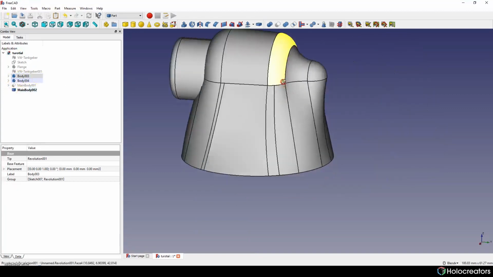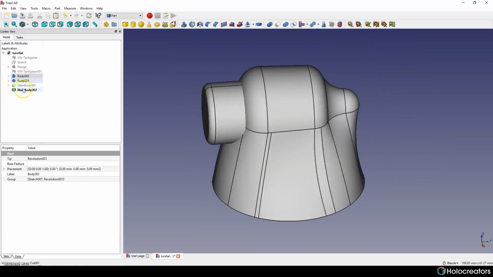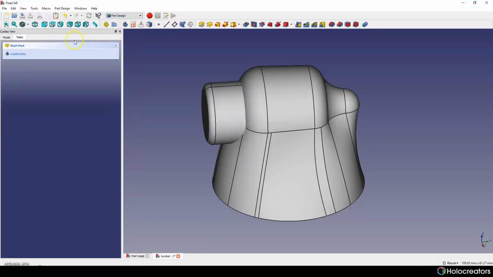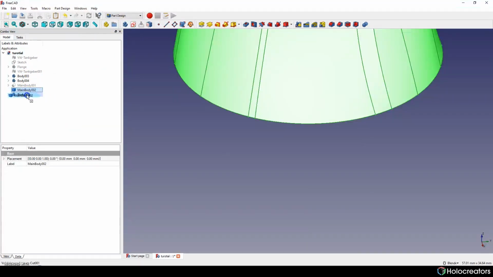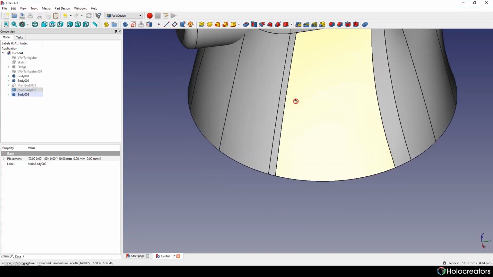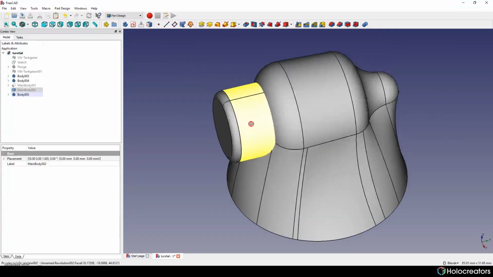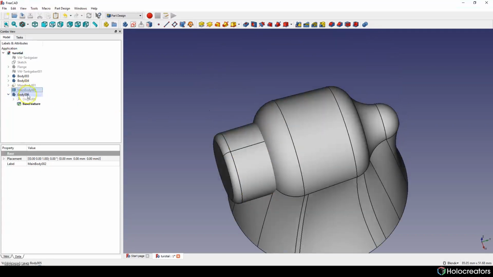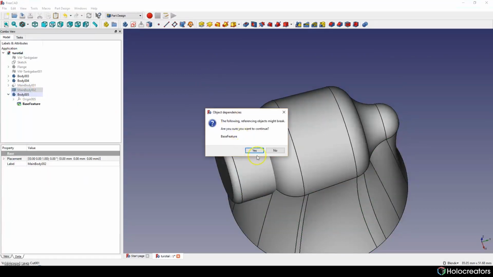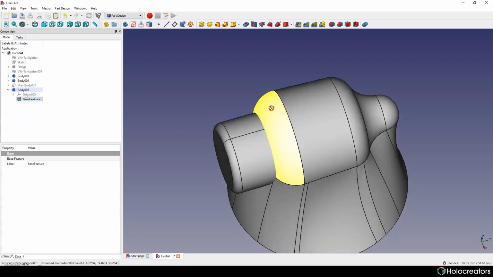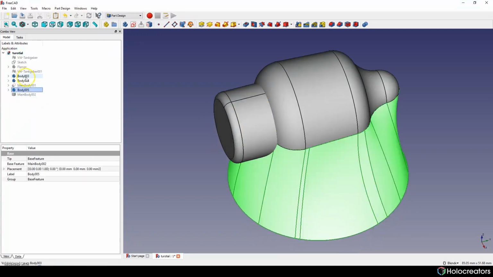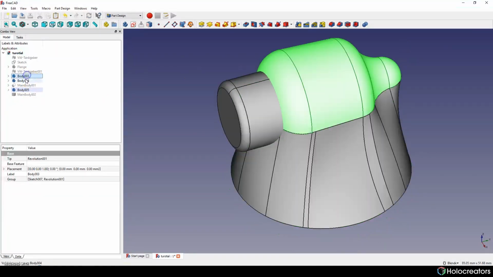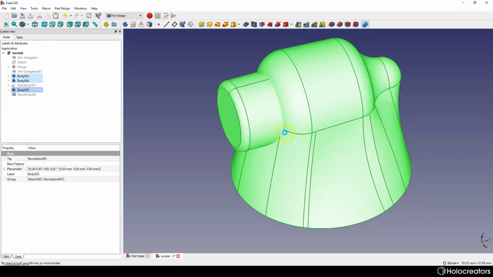assemble them together. To do this, we need to create another body, I think, and we'll do this in the Part Design tool. We create a new body. We send in this rotated object here. And oops, that was wrong. And now we can try to combine these three bodies together.